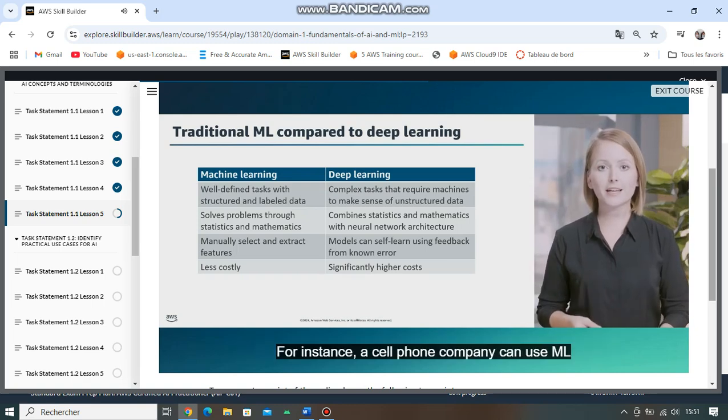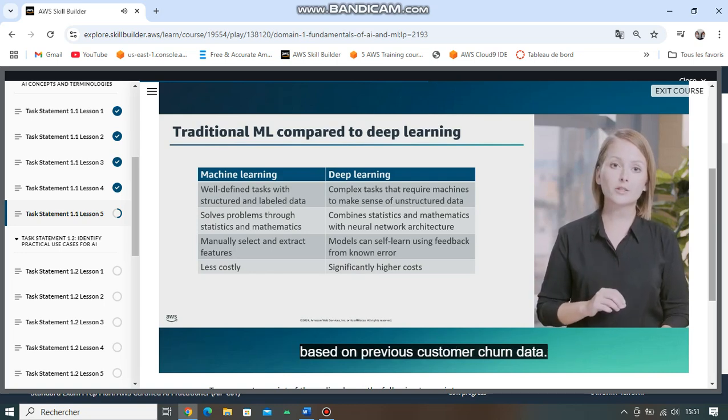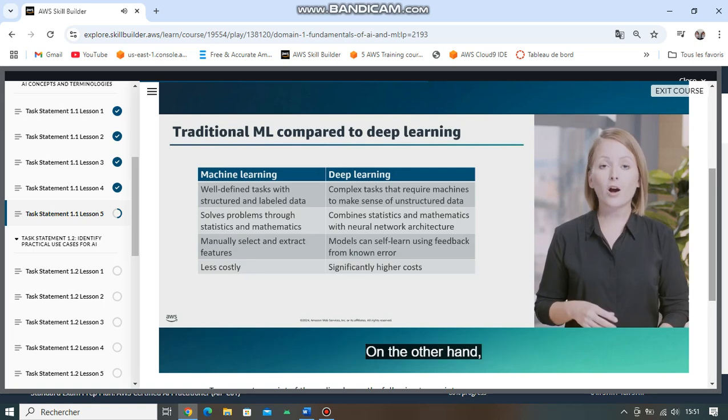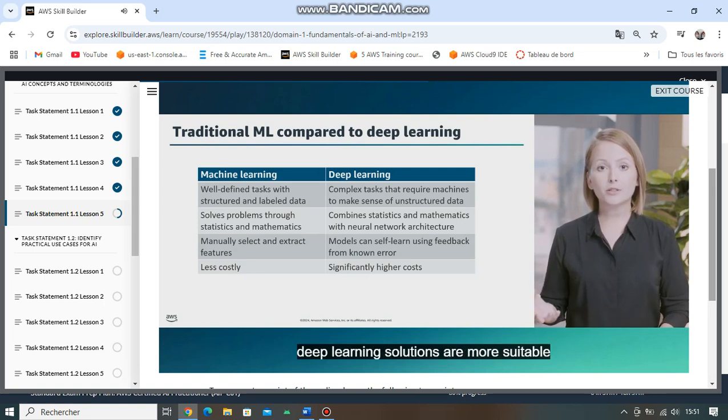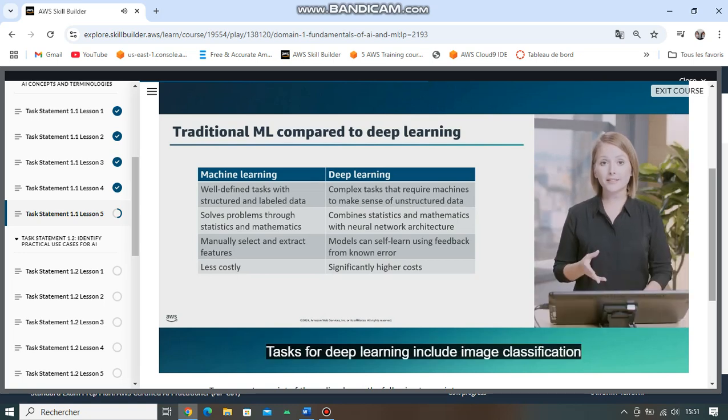For instance, a cell phone company can use ML to predict when a customer will change carriers based on previous customer churn data. On the other hand, deep learning solutions are more suitable for unstructured data like images, videos, and text. Tasks for deep learning include image classification